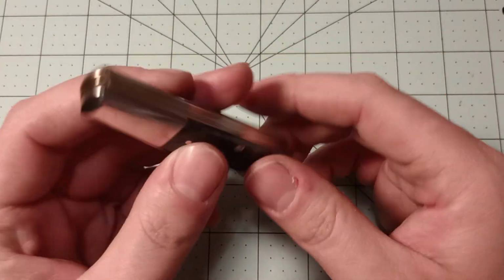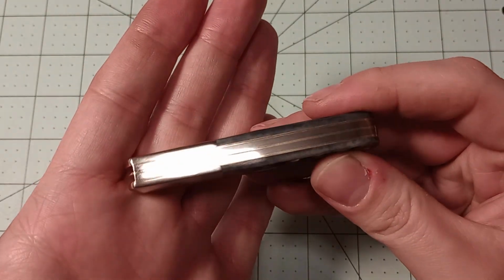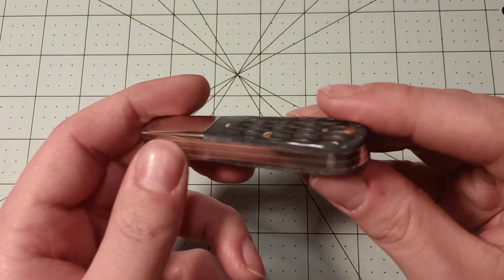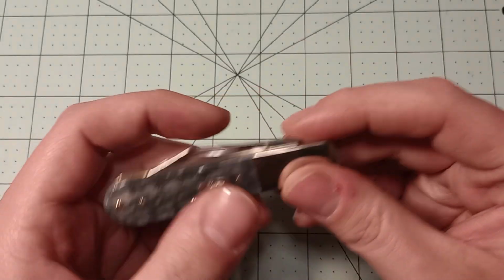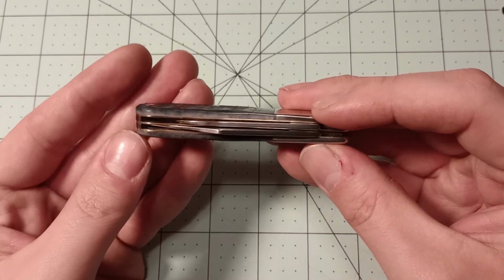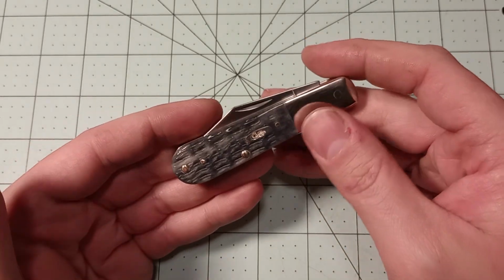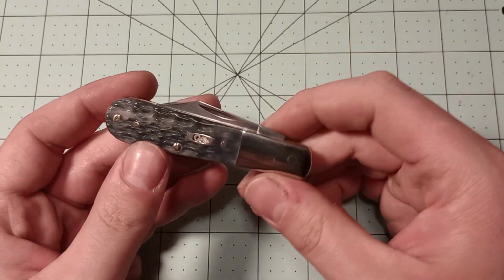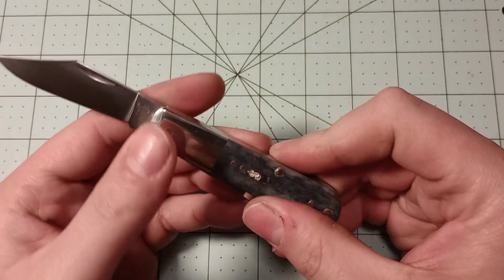This knife's actually really well put together, other than those two things that I pointed out, which is the blade centering and the blade play. But like the back springs, there's not really any gaps or anything. The covers are really well fit and everything. Other than the blade centering and the fact that there was some blade play, overall, I'm pretty happy with the knife. I'm excited to have another carbon steel Case Barlow that maybe I'll carry occasionally